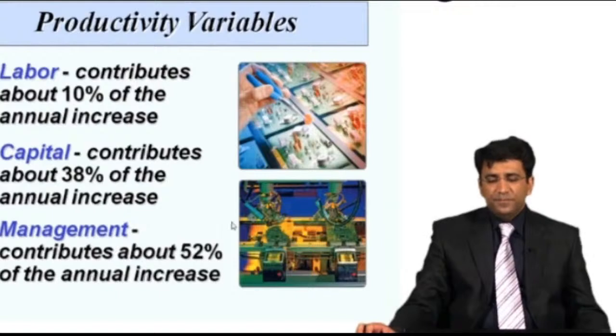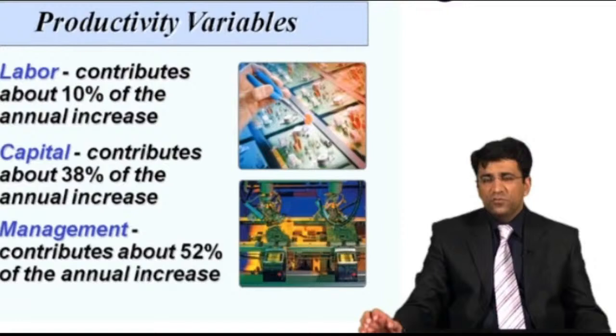Now students, the research conducted by the different theories says that labor contributes about 10% of the annual increase in productivity, capital contributes about 38% of the increase in productivity, and similarly the management philosophy and the management activities contribute about 52% of the annual increase in productivity. So these are some of the figures that have been studied by some theories, on what the different factors are which have contributed towards the productivity improvement. And again, we'll have to give the due importance if we want to enhance the productivity level for our own